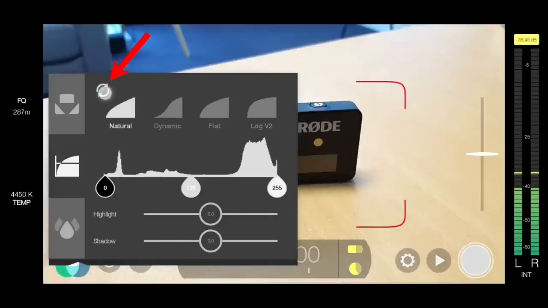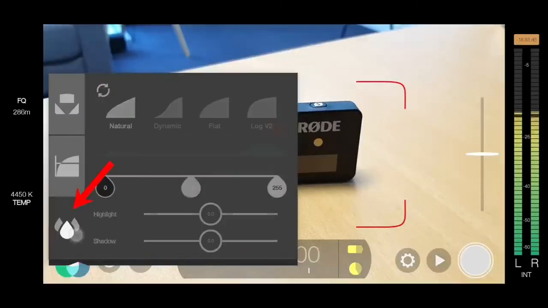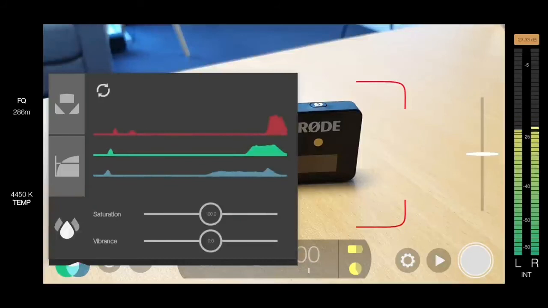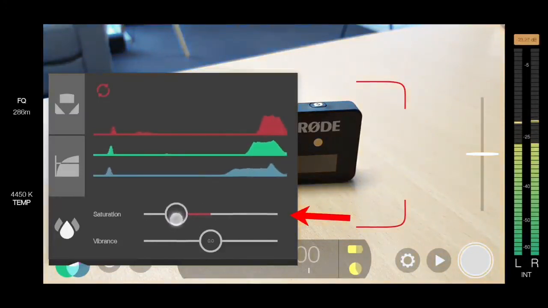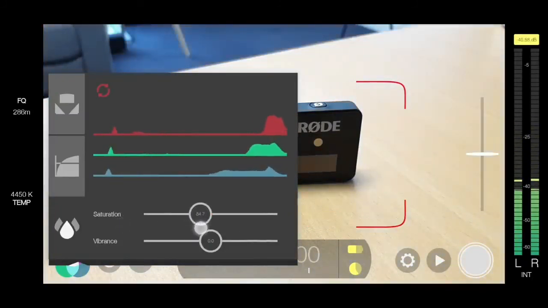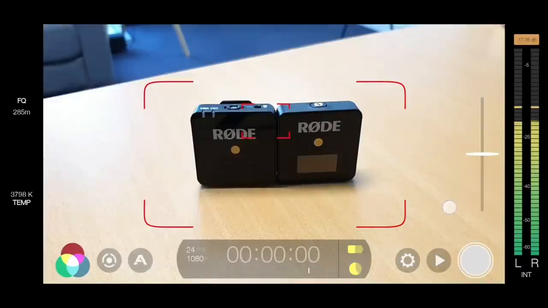So I'll reset this now and go back to defaults, and the bottom one down here is where we can adjust the saturation or the vibrance of our shot. So you can see if we want to boost some of the colors here, we can just increase the vibrance. Likewise, if we want to remove some colors in our shot, then we can slide it back the other way and go full black and white if you'd like to. So just reset this, get it back to 100. So once you've got all your settings ready, all you need to do is press the record button here and